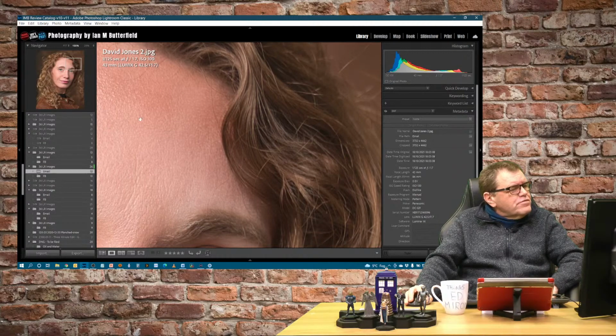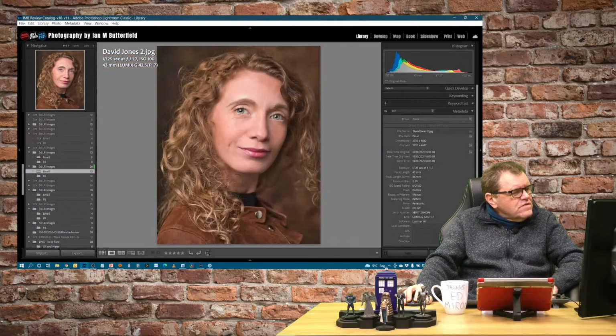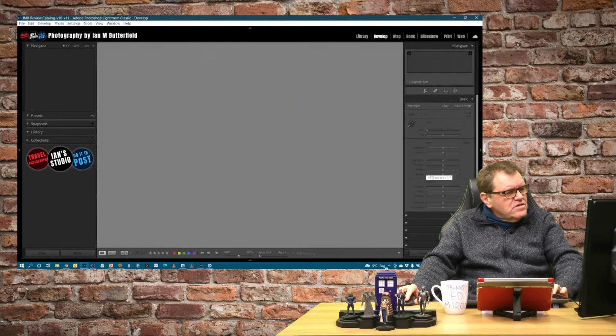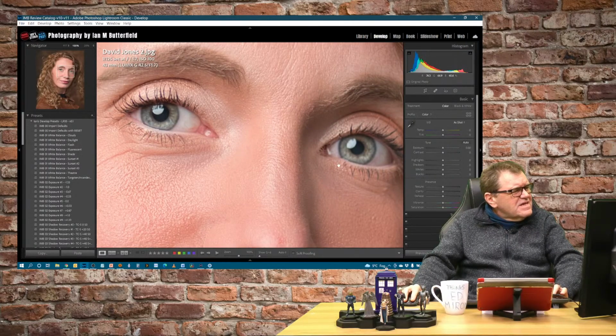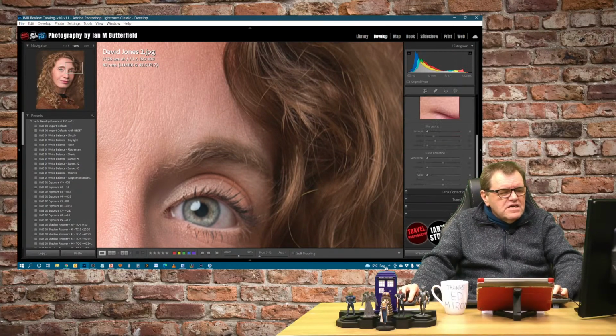Actually, it's pretty sharp, but there's a little bit of softness to it, David. I'm not quite sure what's gone on there. It just feels almost as though it hasn't had the sharpening done to it. So let me just go into the develop, and yeah, there's something a little bit odd with that, because you see in the hair it looks a little bit soft. I'm going to see whether I can pull that back with just a little bit of sharpening.